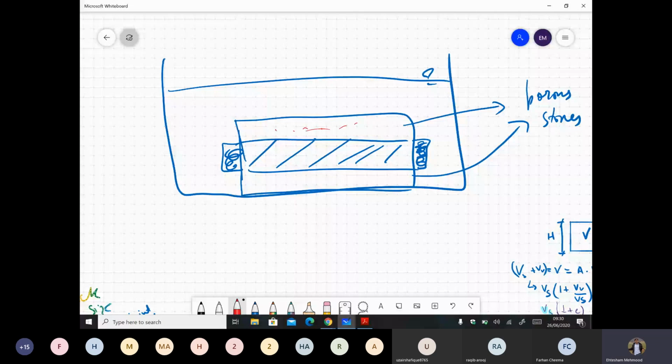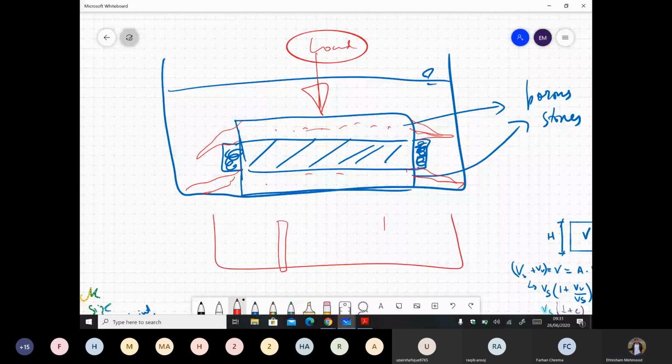Because we are applying load. Yes, sir. So what if I do this? I make a bigger steel box or a steel round, and then this is my soil specimen, and this is sand on top and bottom. Now sand cannot flow on the side because it is enclosed in a steel ring. Everything is now enclosed in a steel ring.